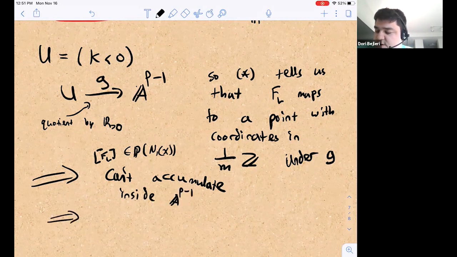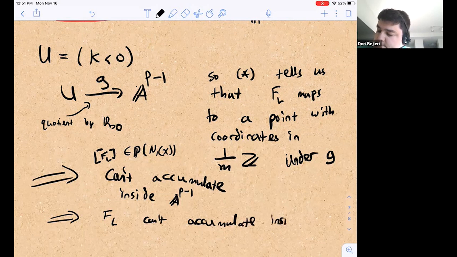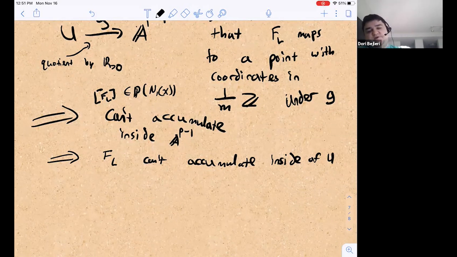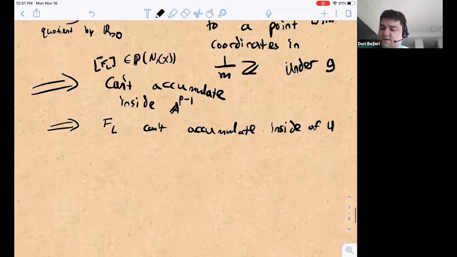And that tells us that the rays can't accumulate inside of U. Okay, so we have these rays, they're kind of discrete inside of the strictly negative half space. Now we want to justify this piece where when we perturb by an ample, then we get only finitely many rays. But now the point is that when we perturb by an ample,